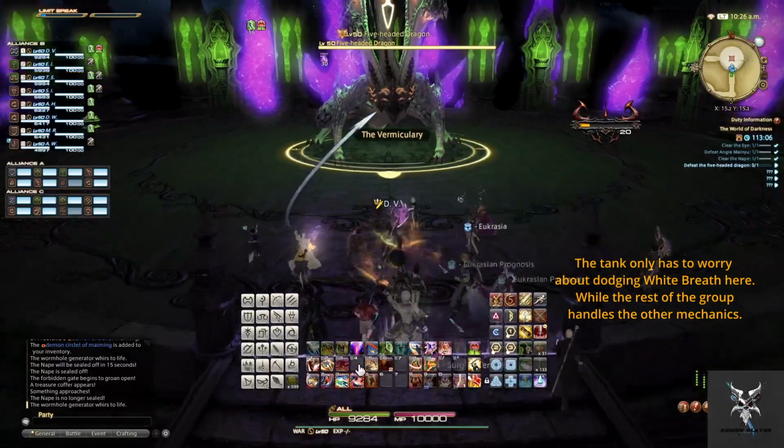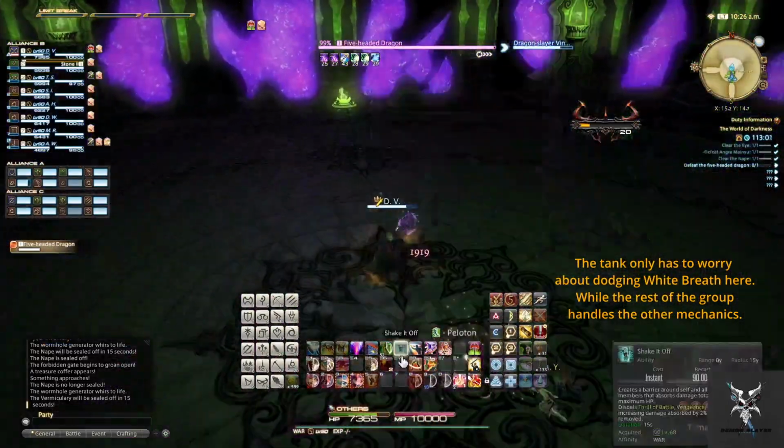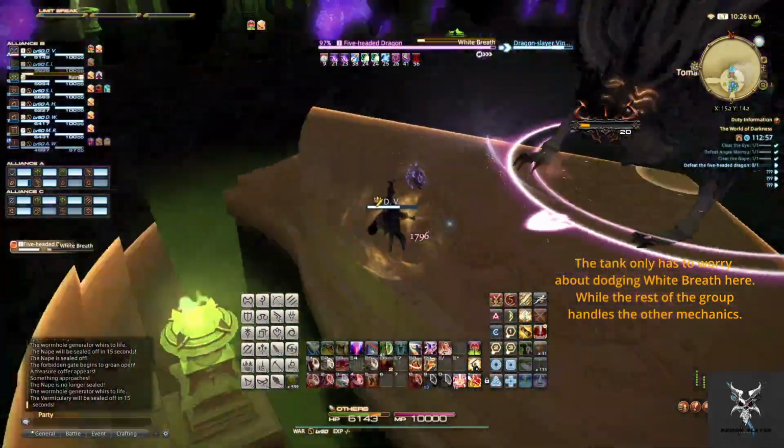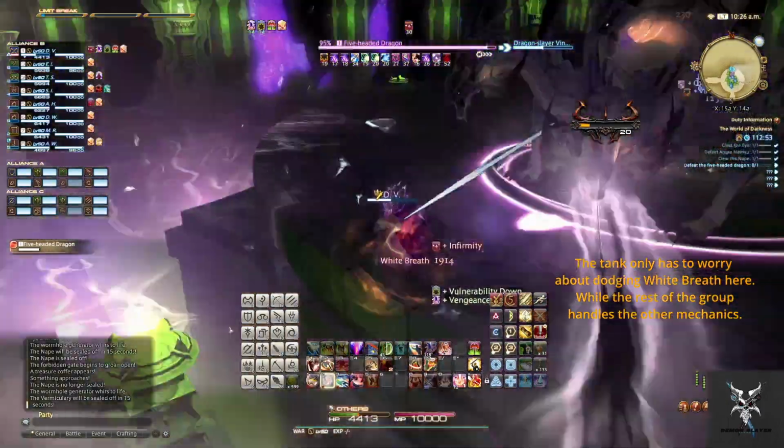For the Five-Headed Dragon, when you pick him up, you'll want to drag him all the way to the back of the platform to give the rest of the group the entire platform to work around, avoiding the rest of his abilities. White Breath is a frontal AoE that you'll want to avoid getting hit by, as it does affect